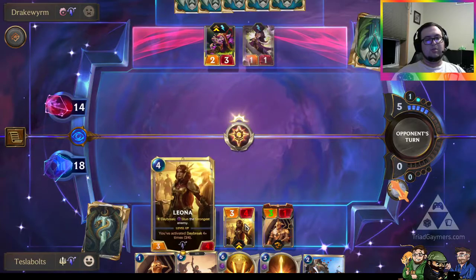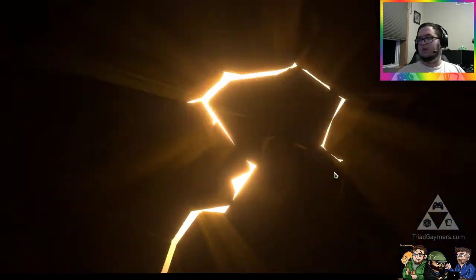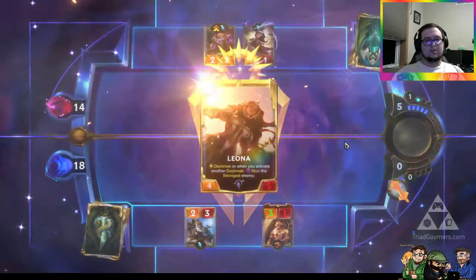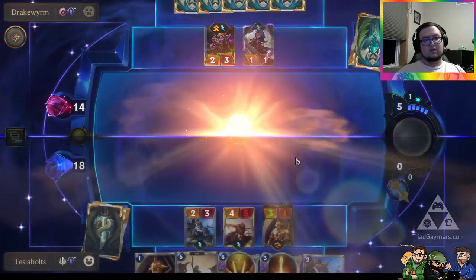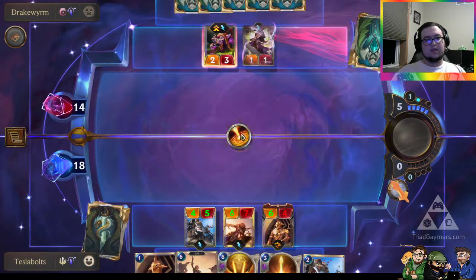So this is going to do Daybreak, which is going to Sunlight level up burns in our Leona weapons. So it's going to make her stronger. It's going to give her +2/+2, which is also going to make her stronger. It's going to give this thing +2/+2. And another +1/+1. And it's going to Solar Flare onto...